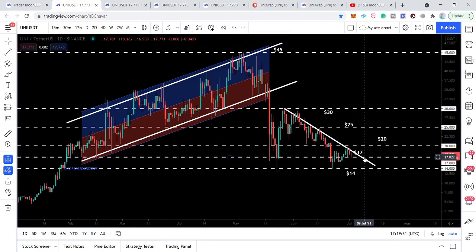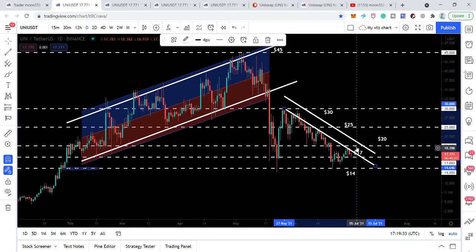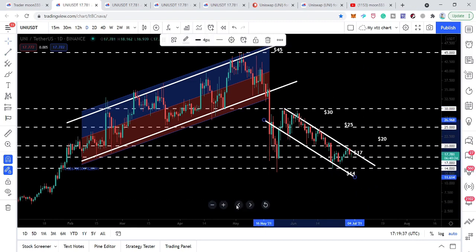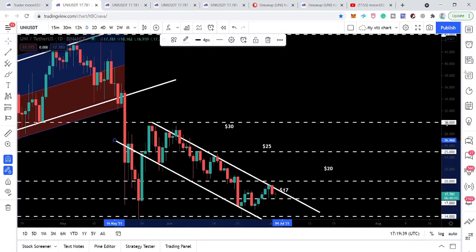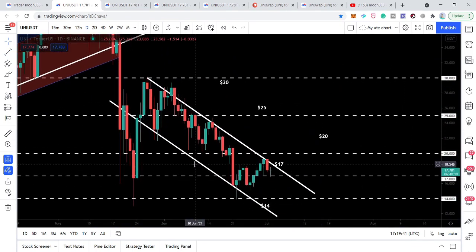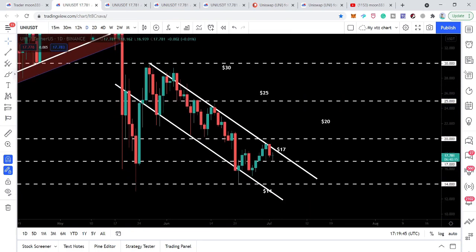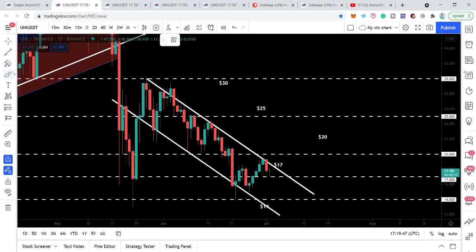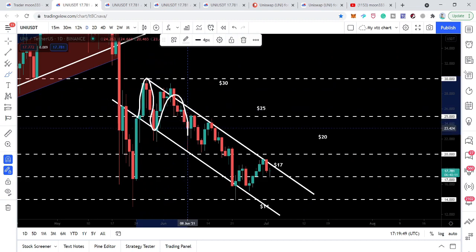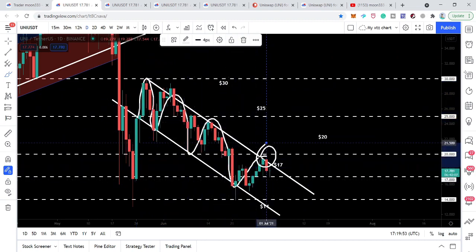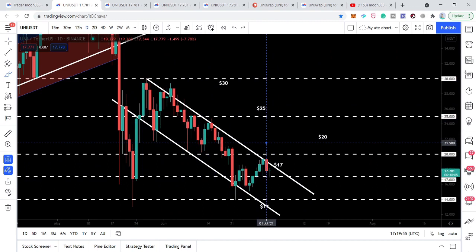And let me place the support as well, and this is the support of this down channel. Let me just show you more clearly. We can see that the price action is moving between the resistance and the support of this down channel, like this, and here as well, and now it is at the resistance and likely to be rejected by the resistance